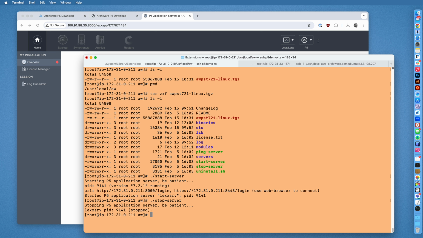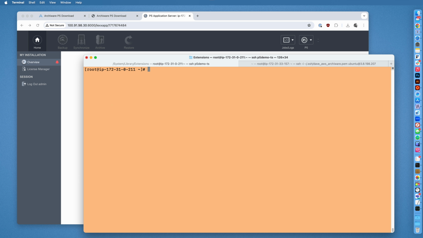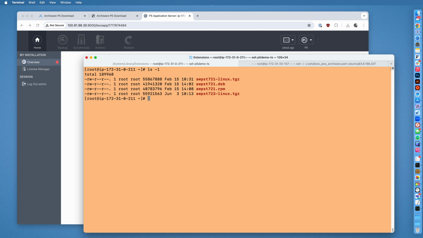So I get a message to tell me that it's stopped. I'm going to move back one directory, and I'm going to remove the ArchiWare folder in its entirety. So that would be the steps required to completely uninstall P5, stop the process running, and remove the directory. If I now go back to my home directory and have a look what we have in the home directory,